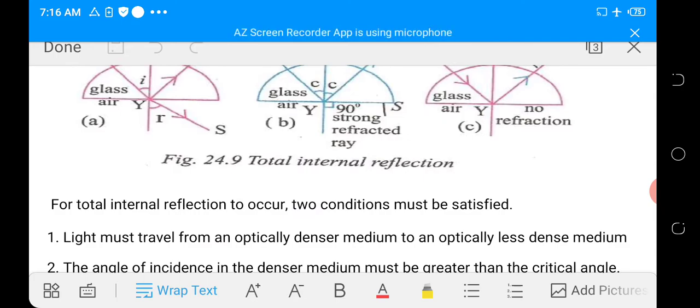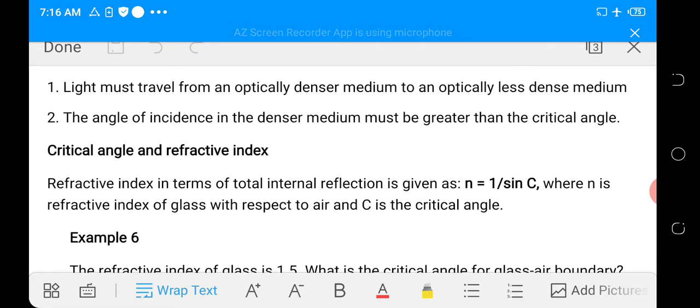Therefore, for total internal reflection to occur, two conditions must be satisfied. One, light must travel from an optically denser medium to an optically less dense medium. If otherwise, total internal reflection cannot take place. That is, if the light is traveling from an optically less dense to an optically denser medium, there won't be any total internal reflection. For total internal reflection to occur, the first condition is that the light ray must be traveling from an optically denser medium to an optically less dense medium,